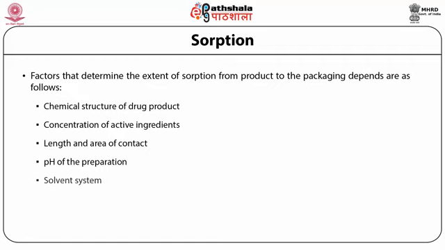Another one is the solvent system. Suppose we are storing a liquid preparation in a plastic container, one should be very careful about what type of solvent is present in that liquid preparation. If the preparation contains an organic solvent, one should know that the plastic material should not be dissolved in the solvent present in the formulation. Otherwise, a toxic effect or adverse reaction may occur